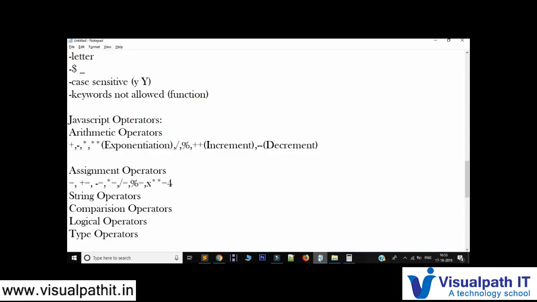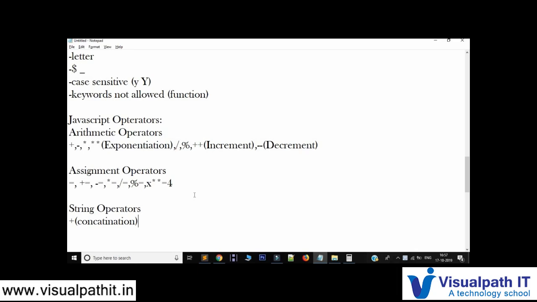Okay. Now let's see the next one, that is the string operator. So there are no such n number of operators for string operator. The only operator which is there for string operator is plus. String operator or plus is also known for concatenation. Okay, concatenation.